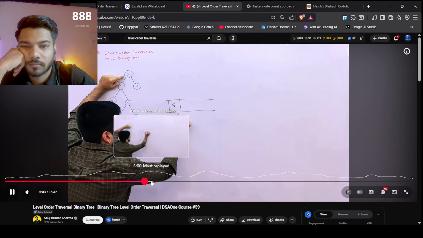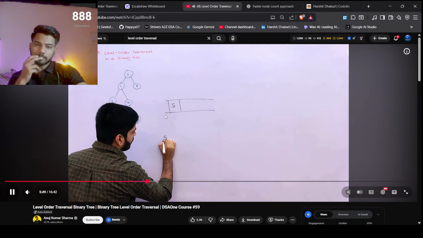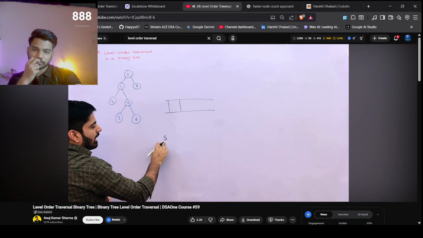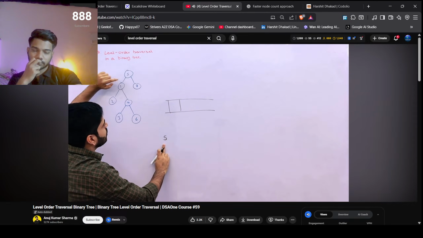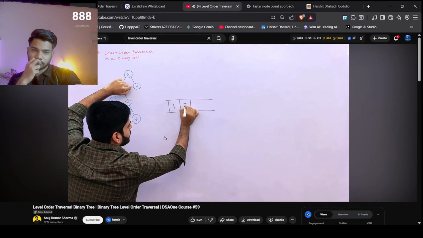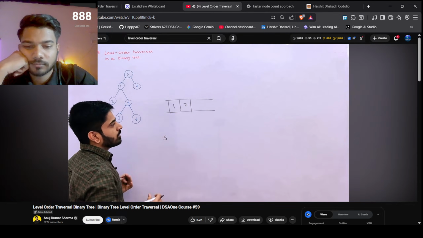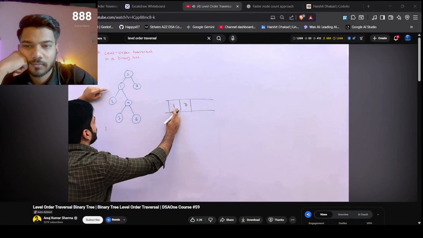तो क्यू के अंदर 5 डाल चुका है। उसके बाद करना क्या है, एक एलिमेंट निकालो इसमें से। हमने निकाला 5 क्योंकि 5 ही है इसके अंदर टॉप पे। 5 निकला, 5 को हमने करा दिया प्रिंट। उसके बाद 5 के जो लेफ्ट और राइट चाइल्ड हैं उनको एक एक करके डाल दो। तो 5 का लेफ्ट है 1, लेफ्ट डाल दिया। उसके बाद 5 का राइट है 7, 7 डाल दिया। क्यू के अंदर अब 2 एलिमेंट हैं, 5 निकल चुका है। उसके बाद अगेन क्यू में से एक एलिमेंट को पॉप करना है। ये तब तक करना है जब तक कि क्यू आपकी खत्म नहीं होती, एम्प्टी नहीं आती।